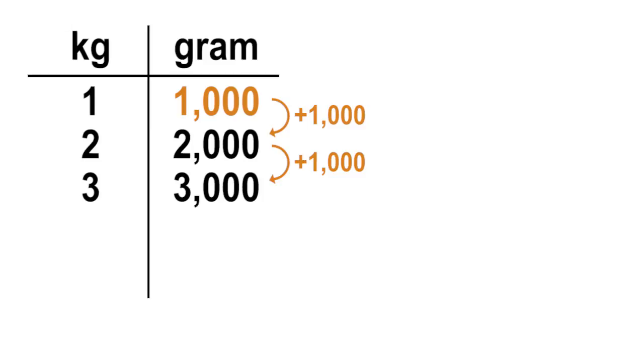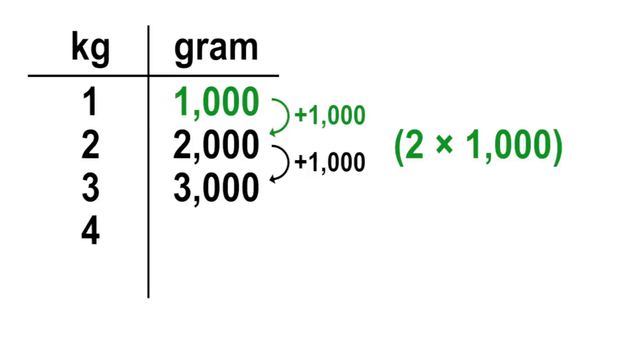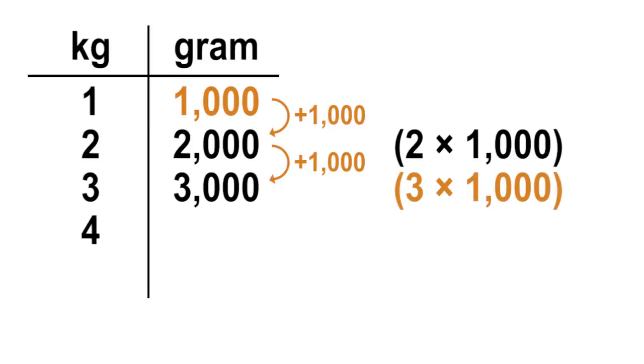Notice this time that for every additional kilogram, we added 1,000 each time to find the next total. Take a moment with your child and discuss how many grams 4 kilograms would be. How would they find out? Again, help them to see the repeated addition. For 2 kilograms, we added 1,000 plus 1,000, which is 2 times 1,000. To find 3 kilograms, we really added 1,000 plus 1,000 plus 1,000, which is the same as 3 times 1,000,